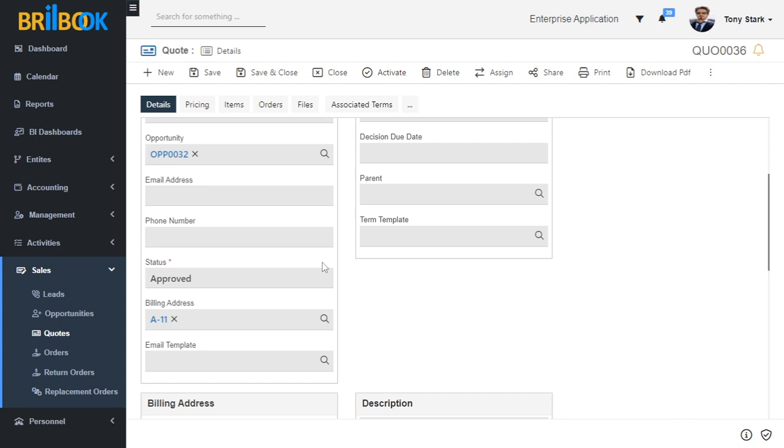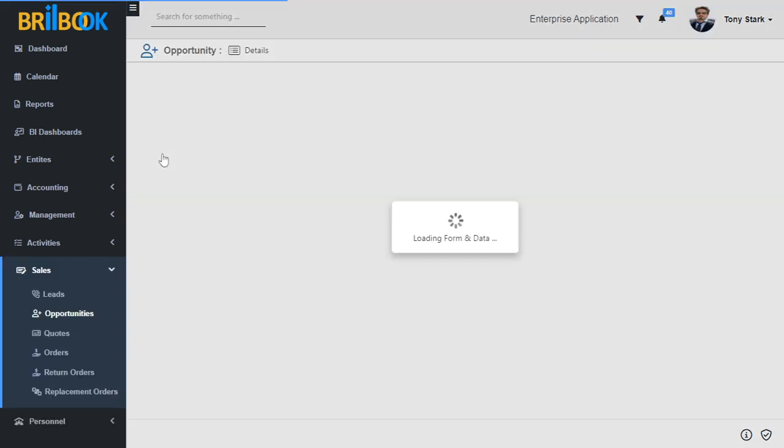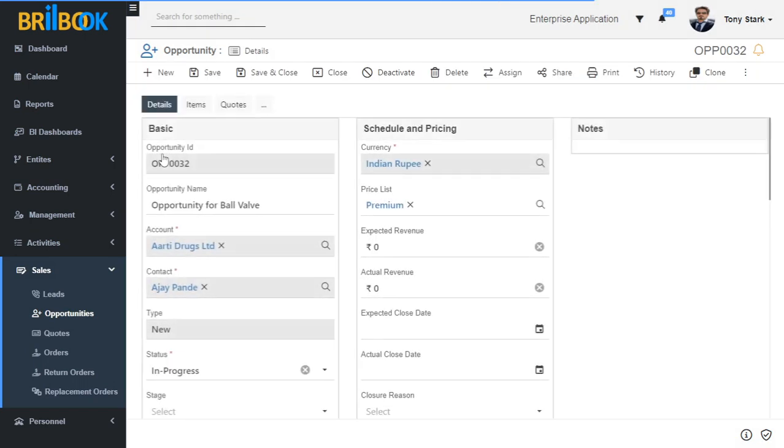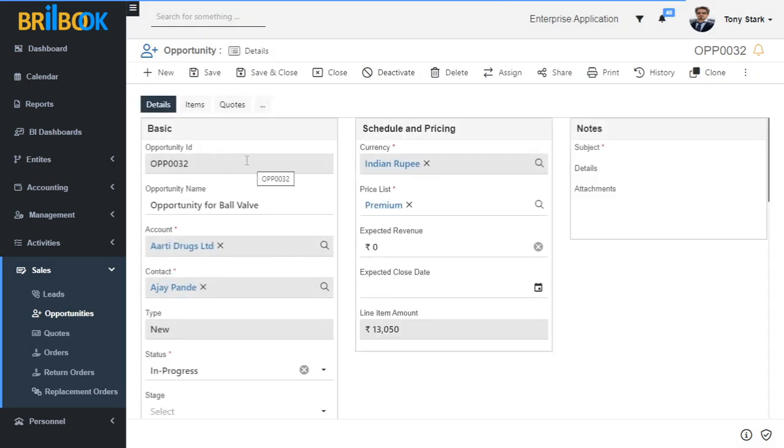After successfully approving the quote, we navigate back to the opportunity record from this hyperlink. Here we are on the detail page of opportunity record.